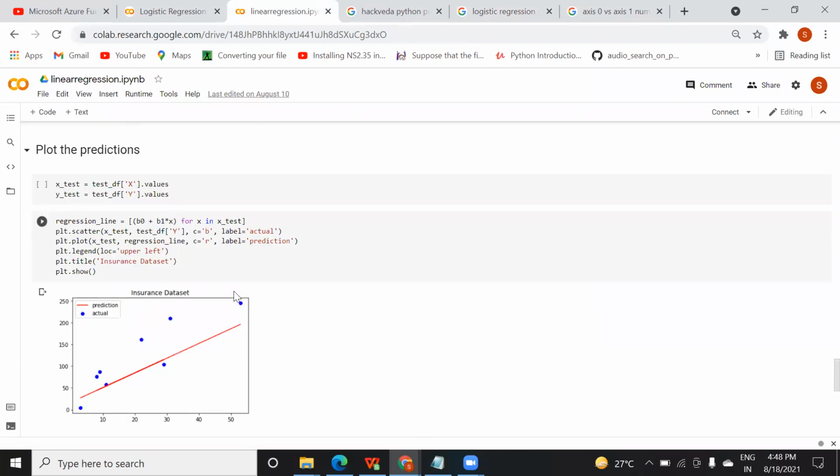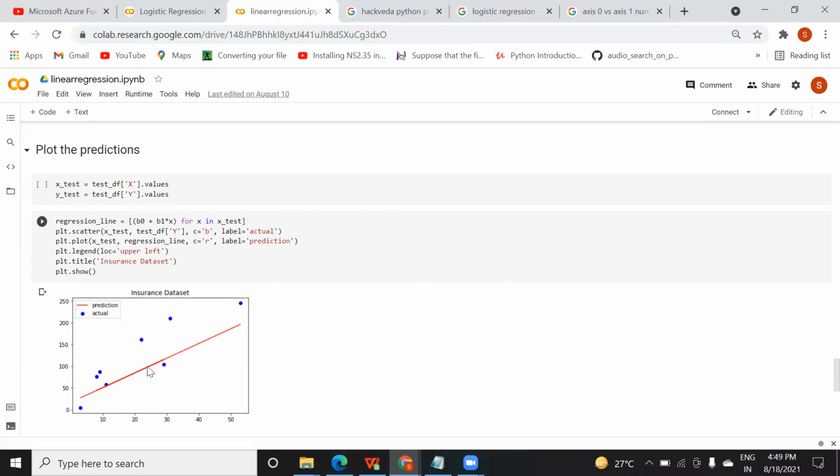So this is a linear regression one. This is a best fit line, which is the prediction done by the algorithm, and this is your actual data. Based on this graph, you can find the relation between your input feature X and output feature Y, and what the difference is. The distance between this red line and blue dot is your error, meaning how correct your prediction is. The smaller the distance between your prediction and actual data, the better your model.